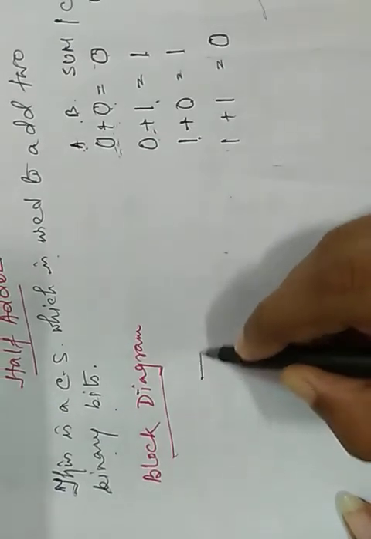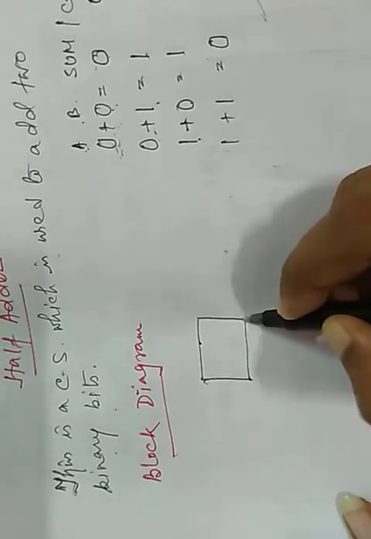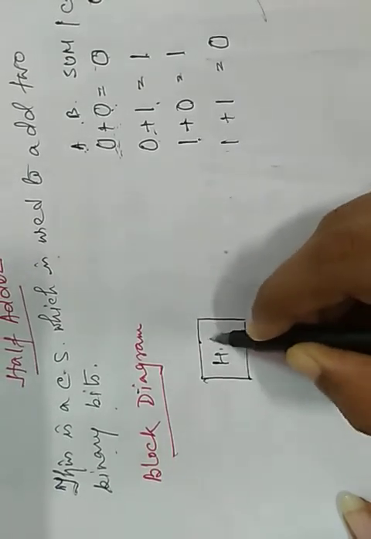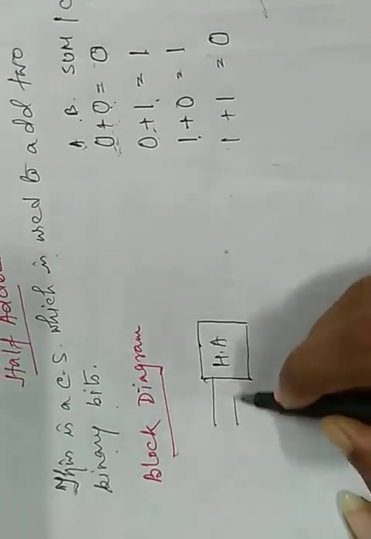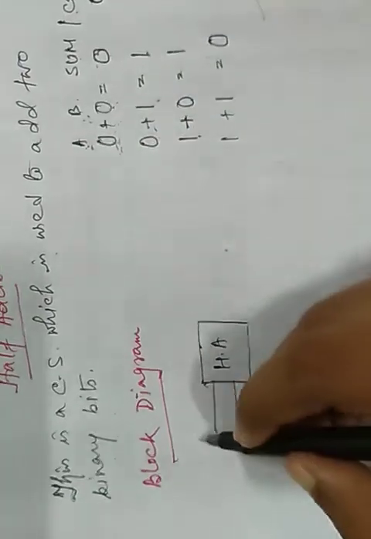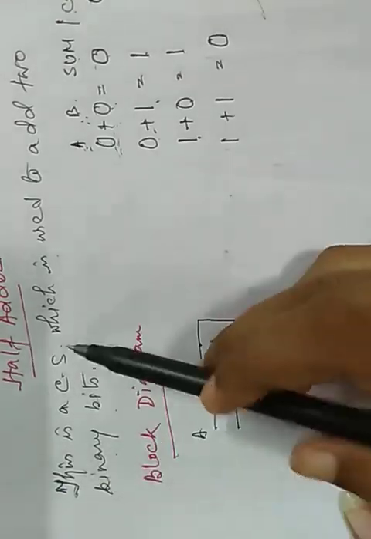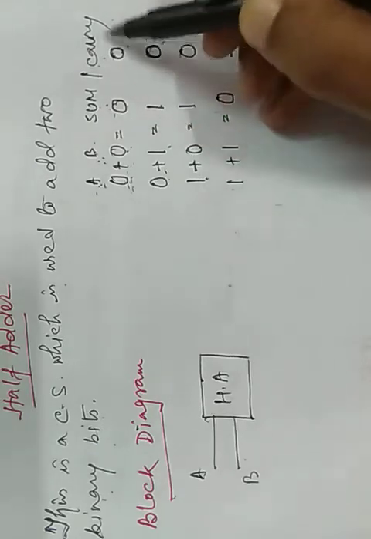Block diagram means here we just have to show what is input and what is output. So the block diagram of half adder is, and for half adder you should write the full form. There are two input lines, A and B, and these are the outputs, sum and carry. As this is a half adder, and a half adder always uses two binary bits, two input lines exist. So A and B are the input lines, and whenever we add two inputs we get two outputs. One is sum and another is carry.